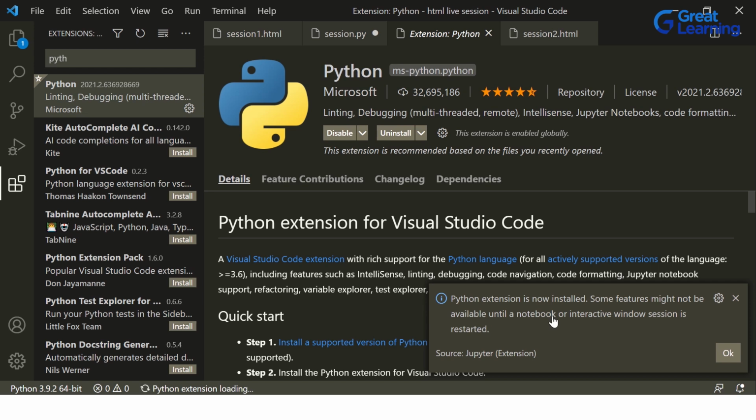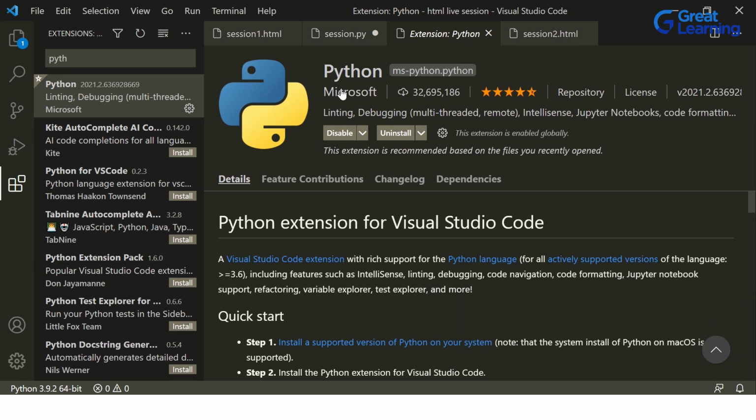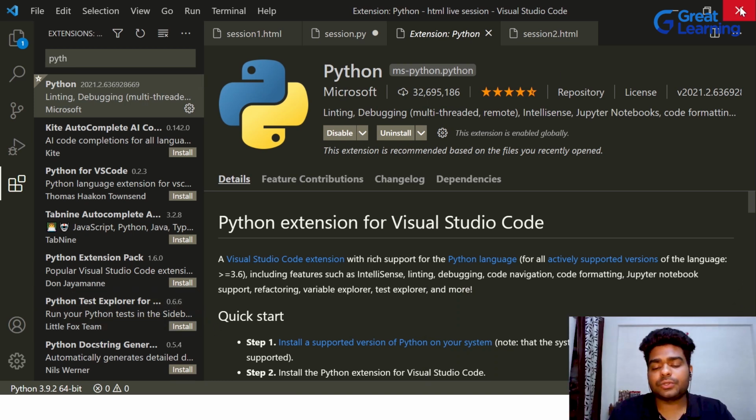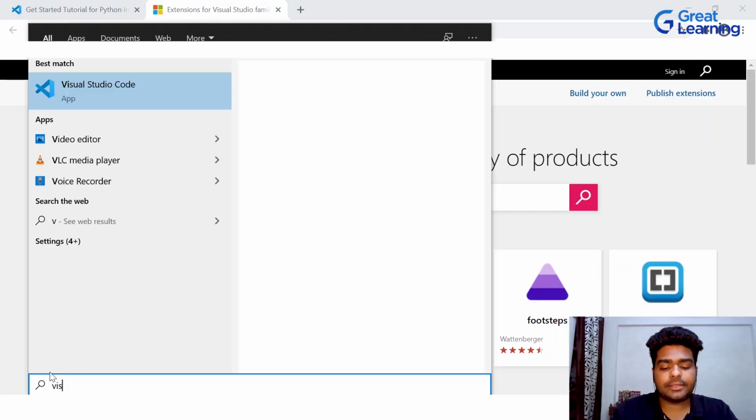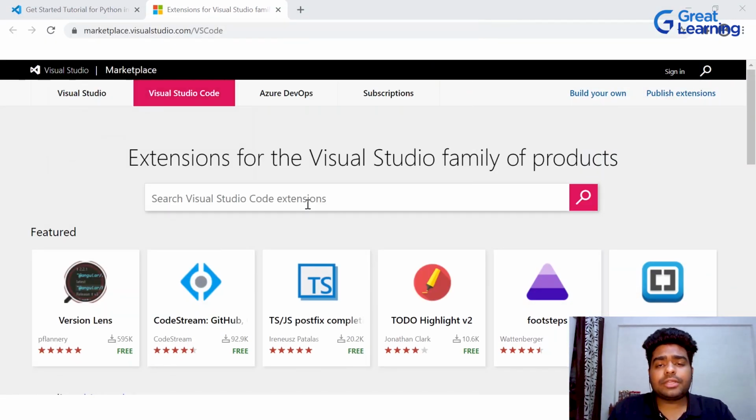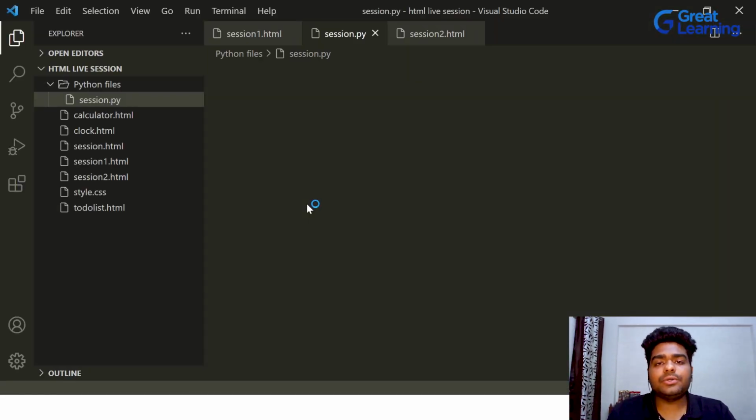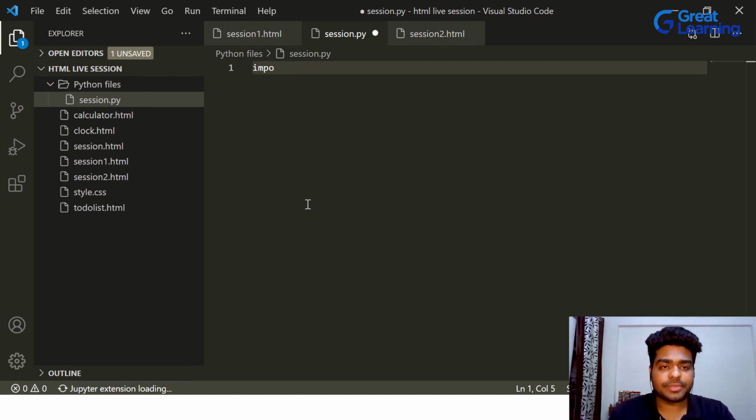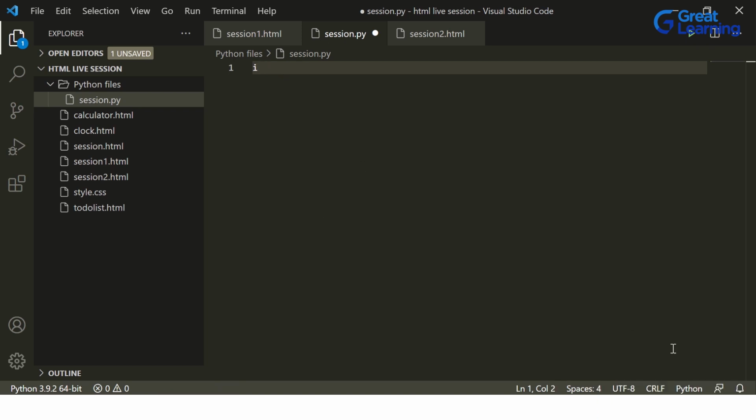refresh your Visual Studio Code, you can see Python extension is now installed. Some features might not be available until a notebook or interactive window session is restarted. That means let's restart our Visual Studio Code. So we will close our Visual Studio Code and open it again, because we've just installed a new extension, right? So we are just refreshing, just the way you update your system and then restart your system, right? The same thing we have done here. And now you can see there's a run button coming here,